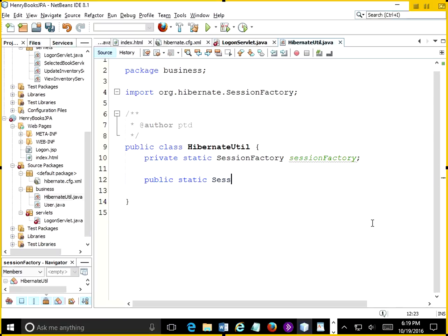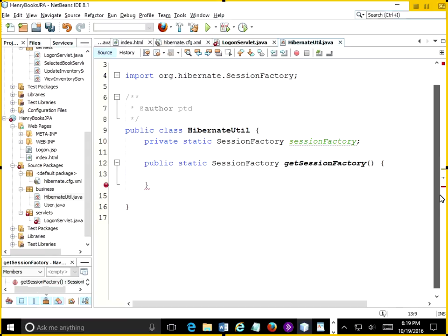So the SessionFactory object will be returned by the getSessionFactory method, which is a static public method. And because the SessionFactory is thread safe, you only need to build it one time when it doesn't exist. So if the global sessionFactory is null,